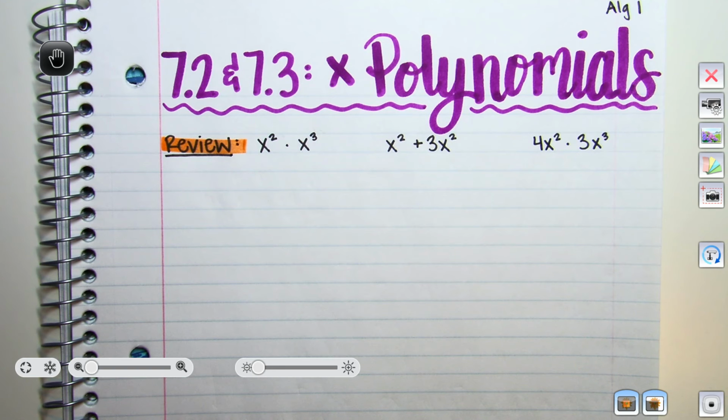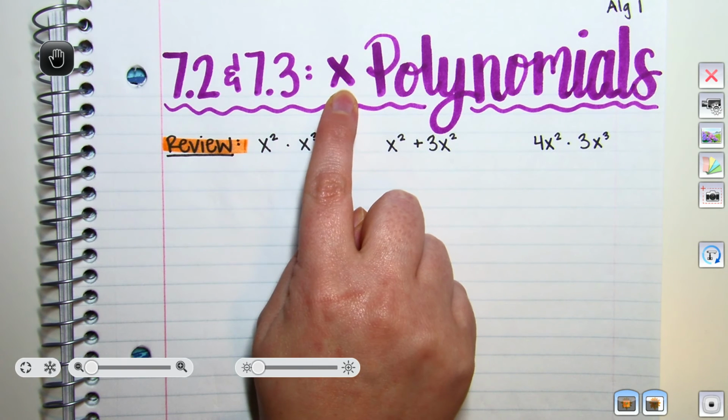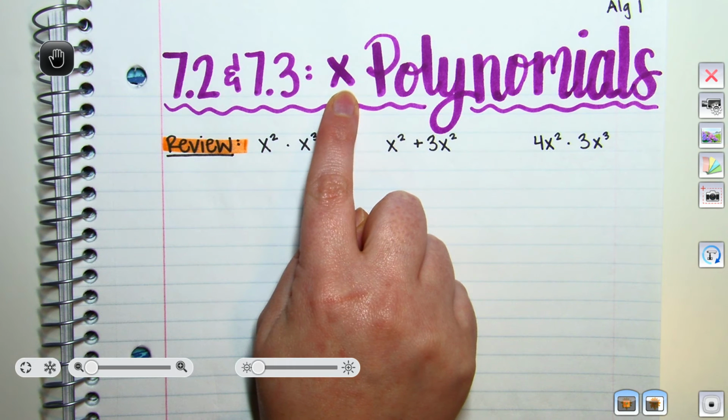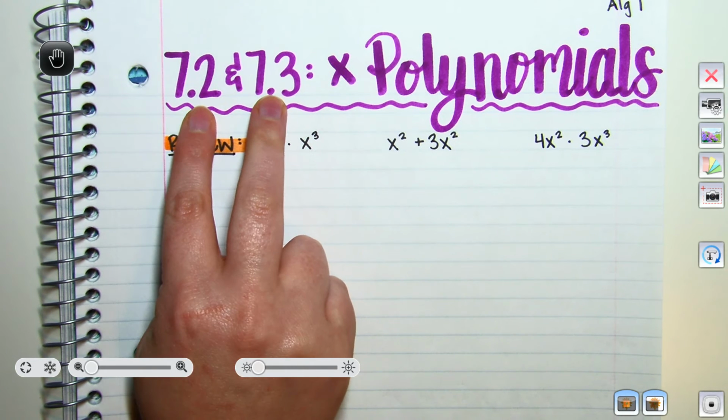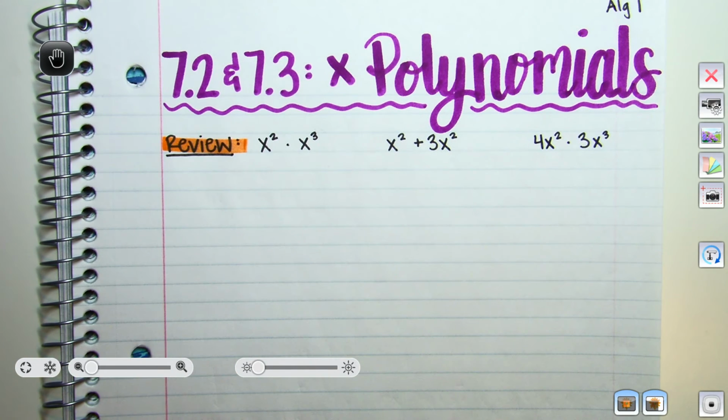Everyone, so today we're going to be doing notes on multiplying polynomials. I just used the symbol for multiplying, but if you want to write out the whole word, that's fine. And this is section 7.2 and 7.3 in the textbook. I'm going to just combine it all together. So go ahead and pause this real quick and write down these 3 review problems, and then we will do